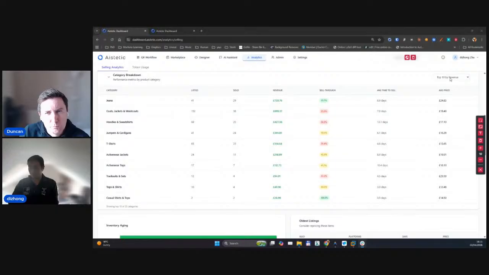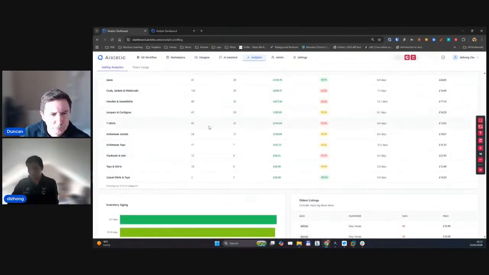You can sort it by different filters, by revenue, like top 10 items listed, top 10 items sold. You can choose whatever you want to see to help you make decisions. For example, in this shop, the jeans have very good sell-through and revenue. You can decide, okay, to publish more of them or to sell more of these similar items. And